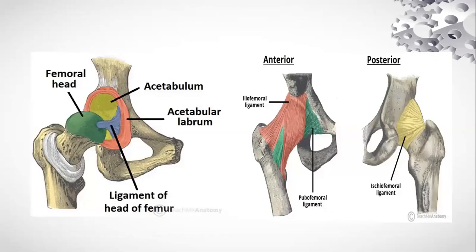So we'll discuss a little bit about the hip capsule as well as the ligamentous support that it gets around the hip, because this is important in understanding the sensory innervation and the overall anatomy of the hip. So here, as we can see in the figure on the left hand side, that is showing the capsule of the hip. So the capsule of the hip, as we can see here, has a fibrocartilaginous extension around the acetabulum covering, which is known as the acetabular labrum.